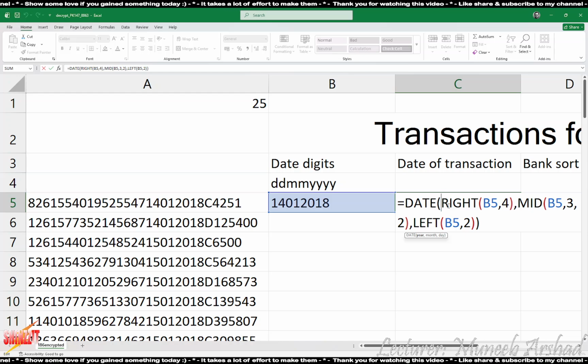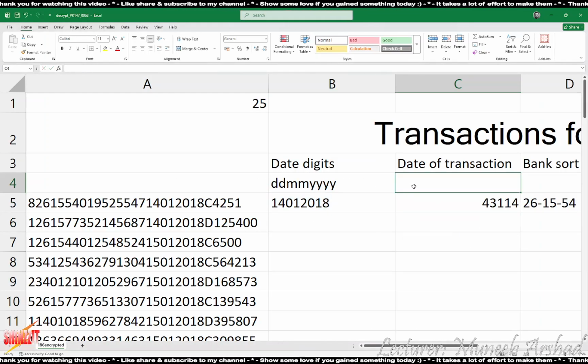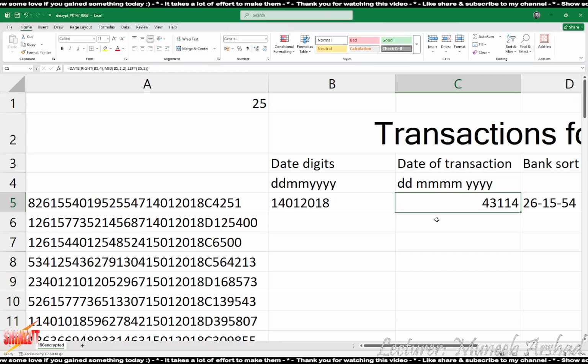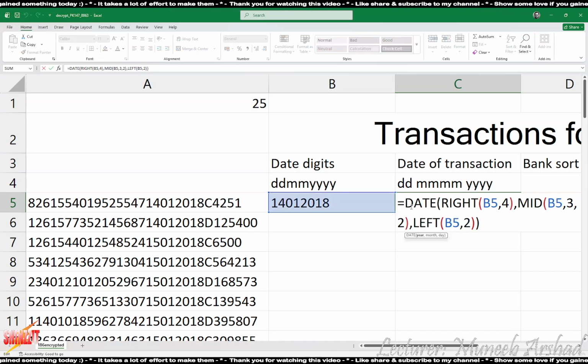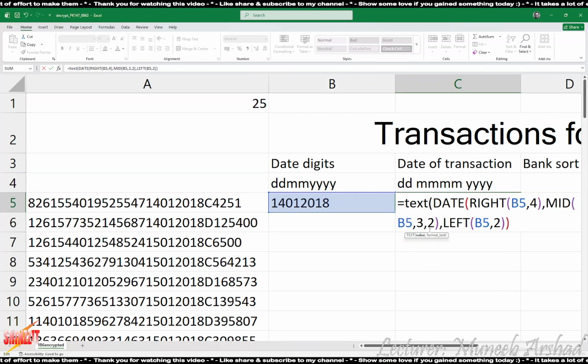अब if you want the date to be in a specific format, जो कि desired format ये है. So desired format हमारा क्या है? DD. Then we need the full form of the month, which is 4Ms, and then full form of the year, which is 4Ys. So this is our desired format. हम क्या करेंगे? हम इसी फंक्शन के ऊपर टेक्स्ट अप्लाई करें. ठीक है? टेक्स्ट